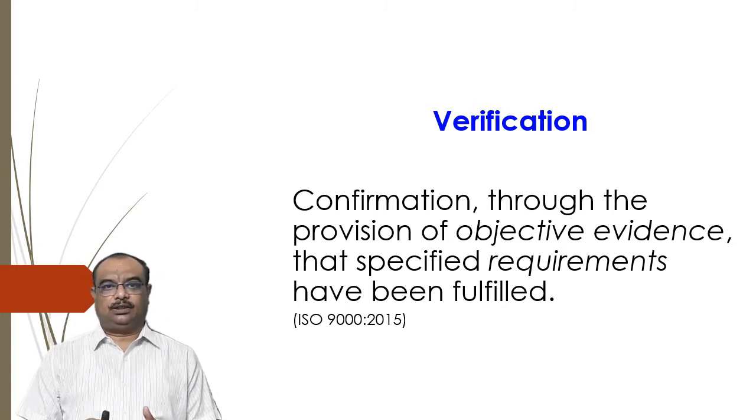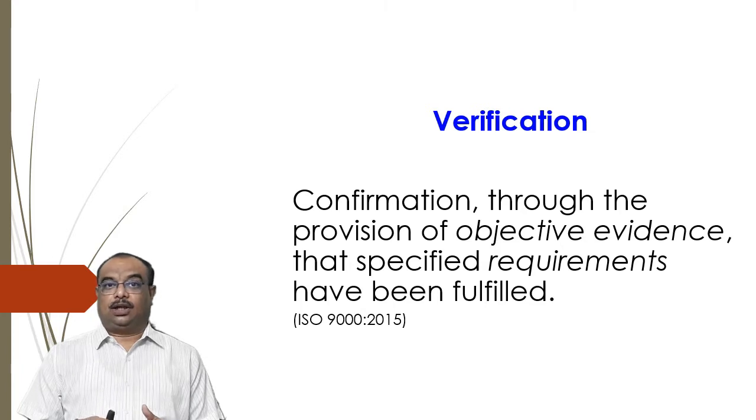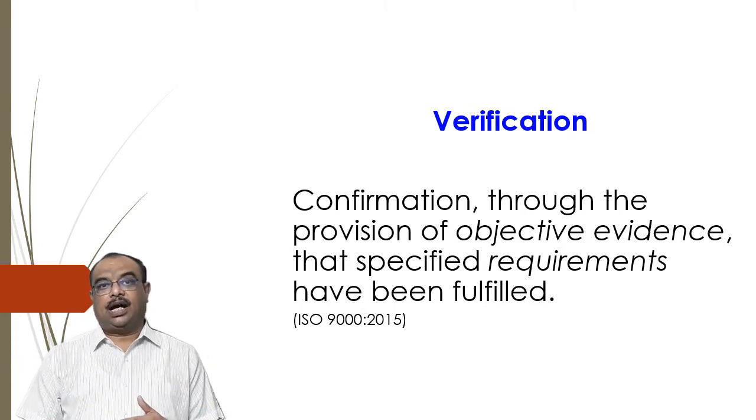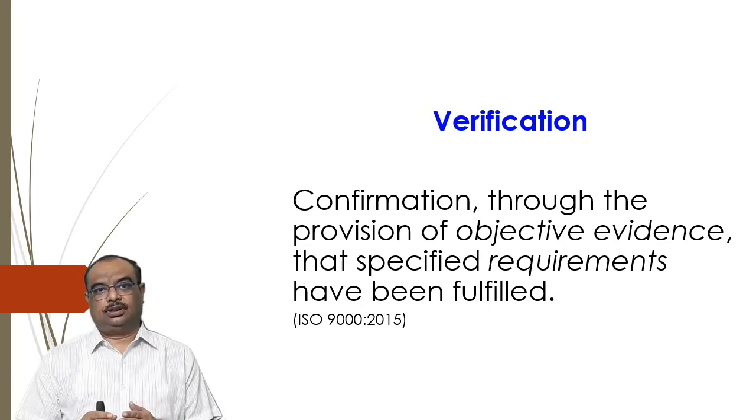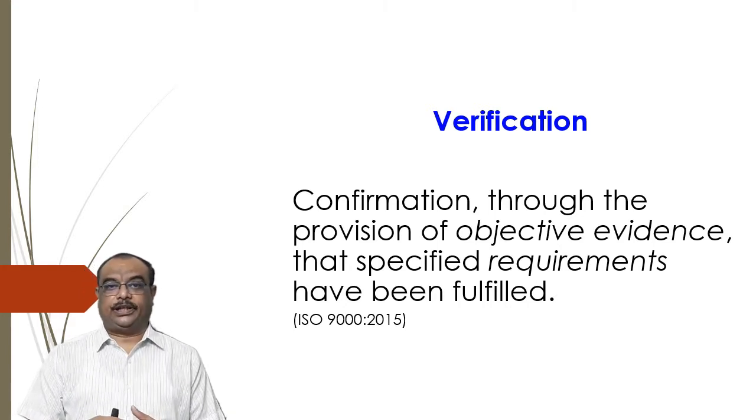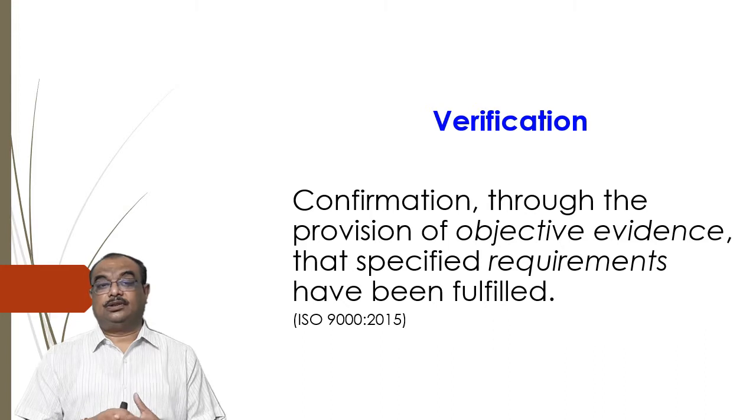In most industries, people say they are doing audits, but actually they are doing verifications. If an organization is doing verification, then it is not possible to get the benefits of the audit activity, because audit is a little different from verification. But actually the internal auditors for the quality management system, for process audit, for product audit, are just focusing on the verification of the activities. So this is the definition given in ISO 9000:2015.